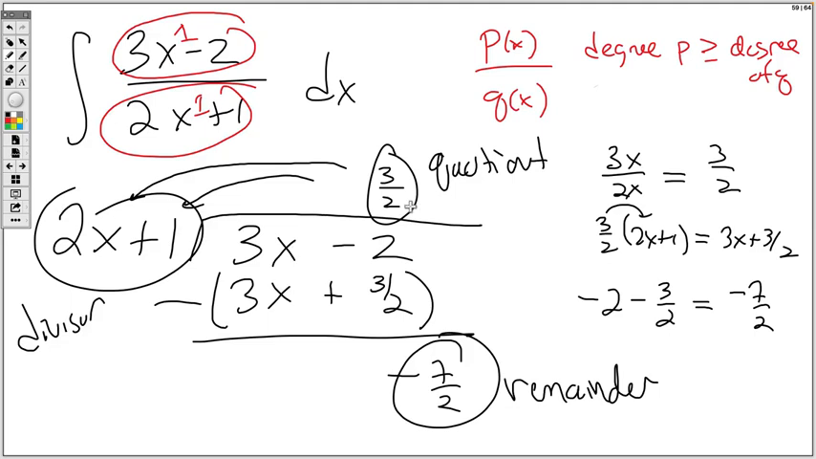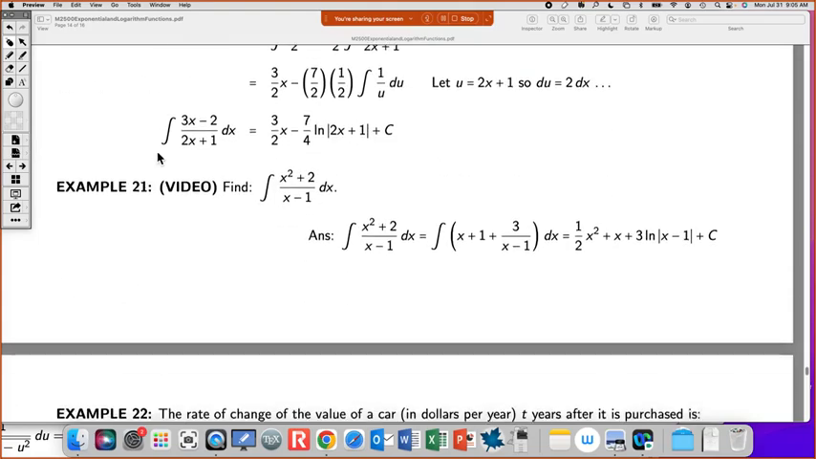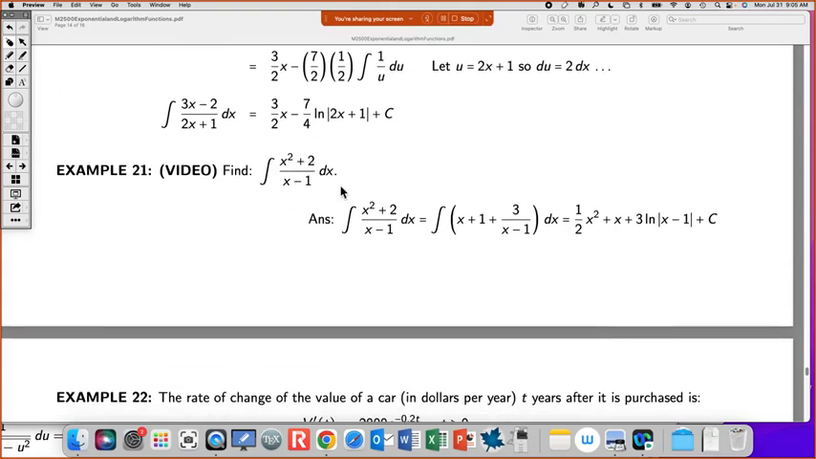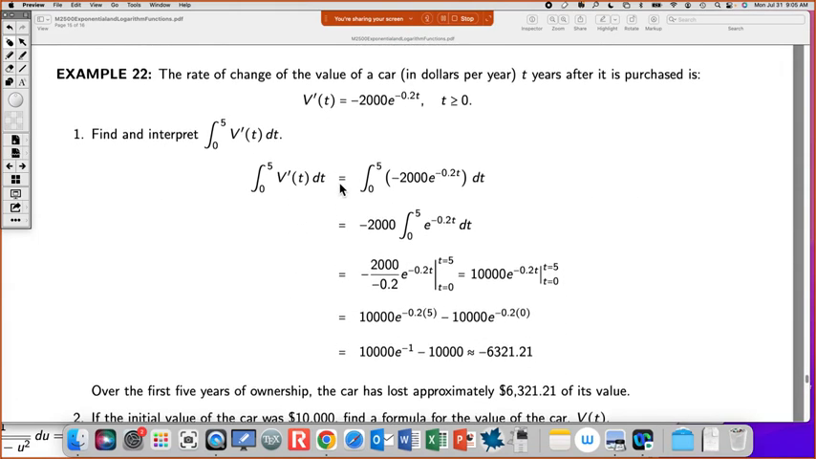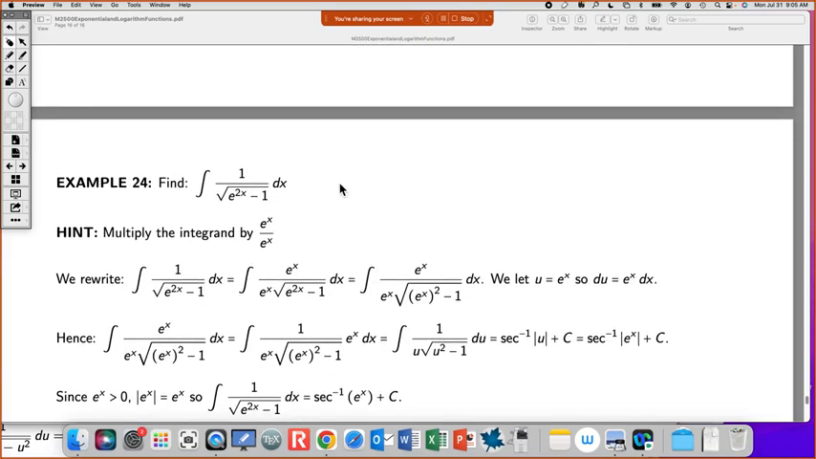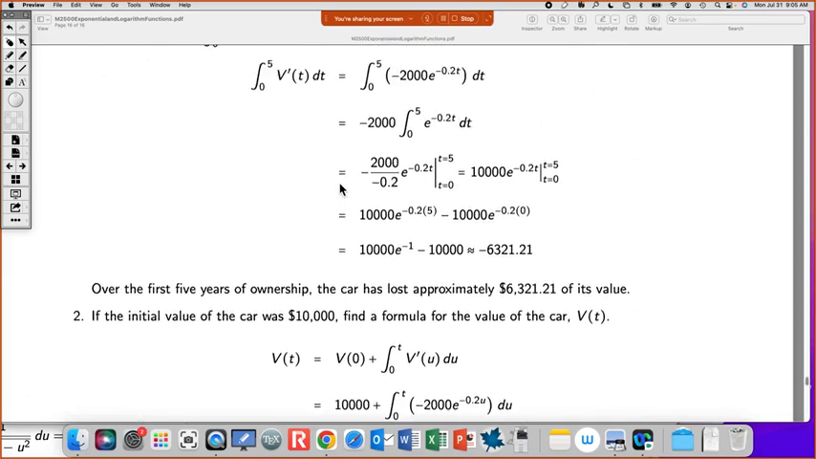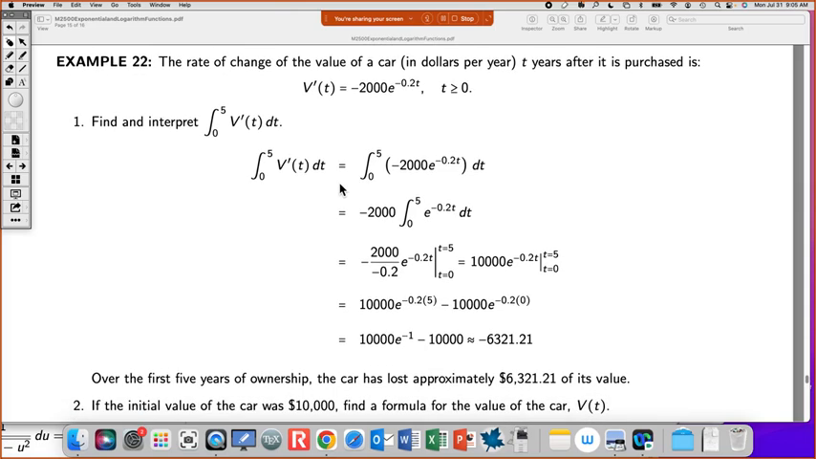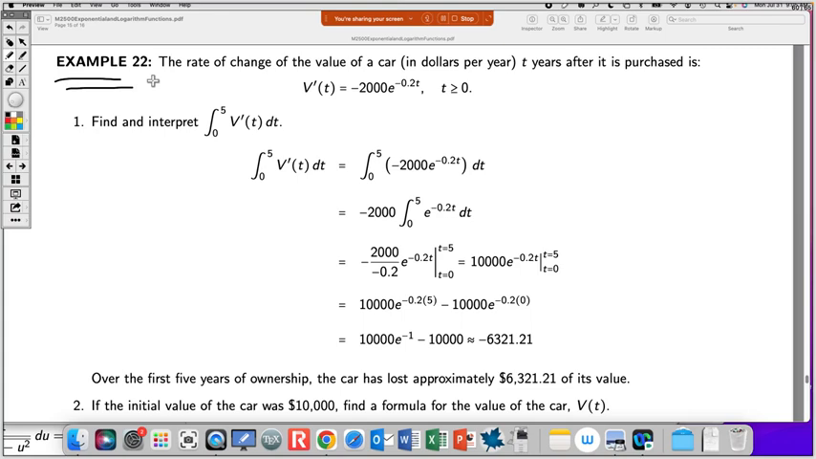Any questions on the division or then the integration? Does this look familiar to you? And then there's another one you can practice on. All right, let's take a look at example 22 here. This is very similar to one that's on your